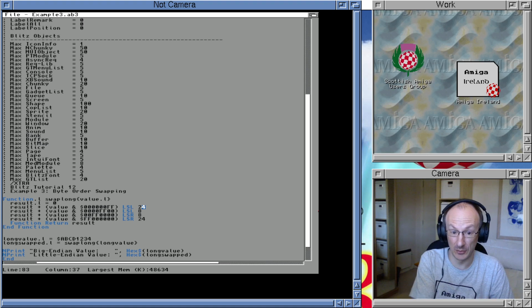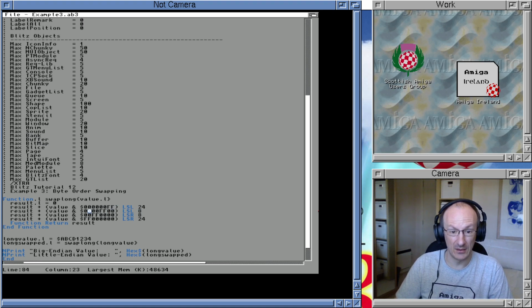It makes it the leftmost byte. Then we do that for the middle one, and we move it 8 to the left. Then we take this byte, and we move it 8 to the right, and we finally take the leftmost byte of value, and we move it 24 bits to the right, making it the least significant byte. And that's it. So we can see here A, B, C, D, 1, 2, 3, 4 is the value,